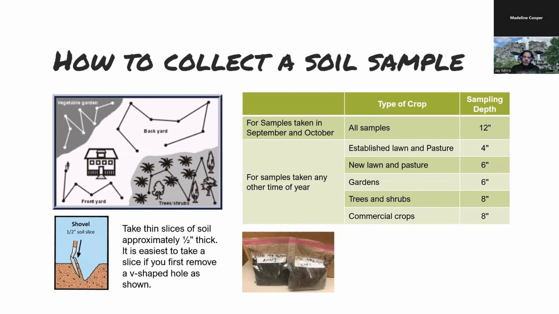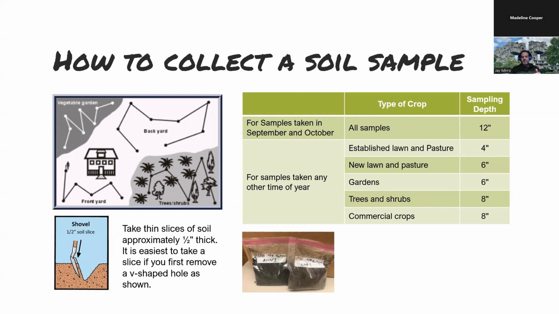You take those multiple subsamples, you put them in a clean bucket, and then out of that bucket of soil, you take out the 3 pounds. On the Ziploc bag, label it with your name and put the area. So if it's the front lawn, if it's your raised beds, some short name that you can remember where that